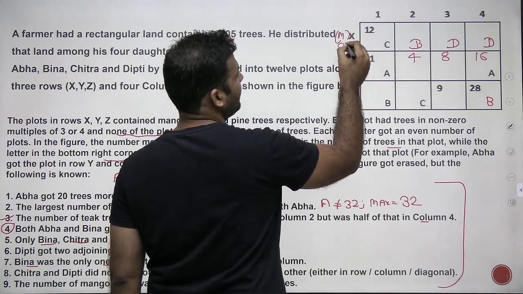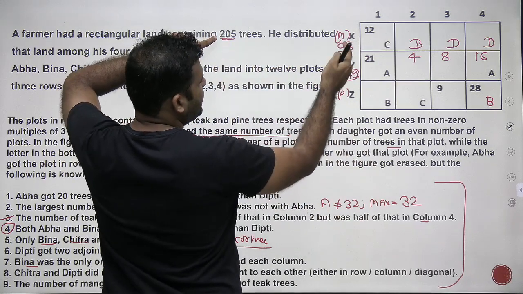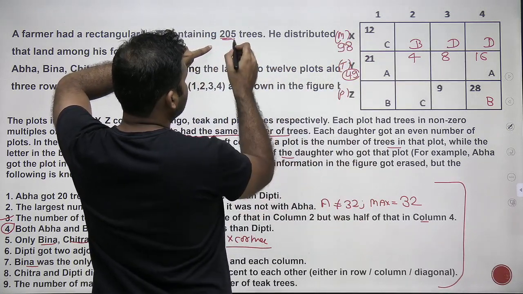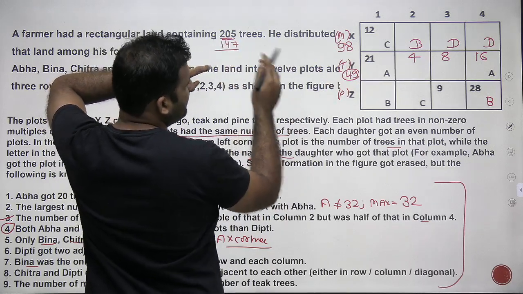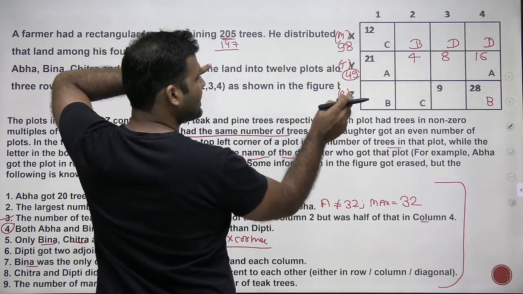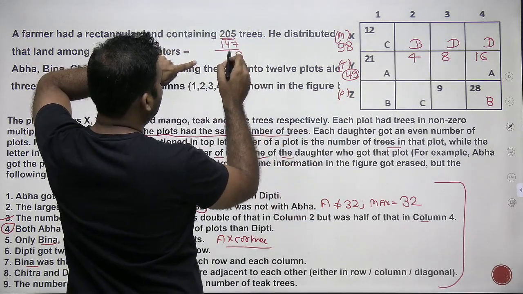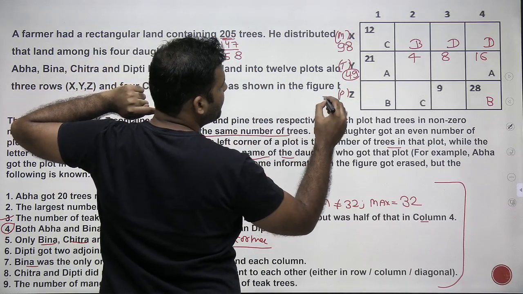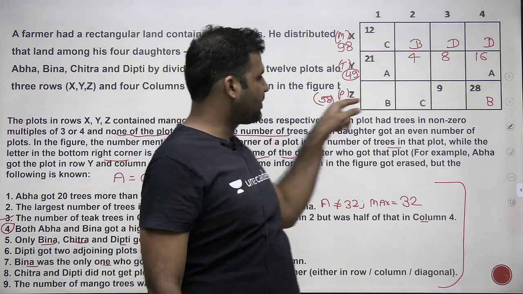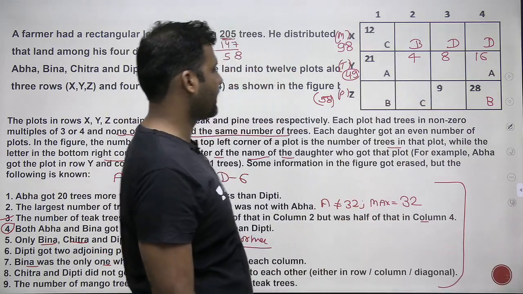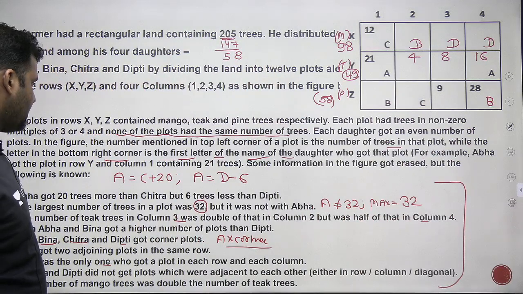So can I say that this value will be 98? Now the total number of plots is 205, 98 here, 49 here. The total is 9 plus 8, 17, 9 plus 4, 13 plus 1, 14. So the number of plots left for the Z row, which are the pine trees, will be 15 minus 7, 8, 9 minus 4, 5. These numbers of plots will definitely be 58. The number of plots in this particular row will be 58. All right, so that's the information that we have.